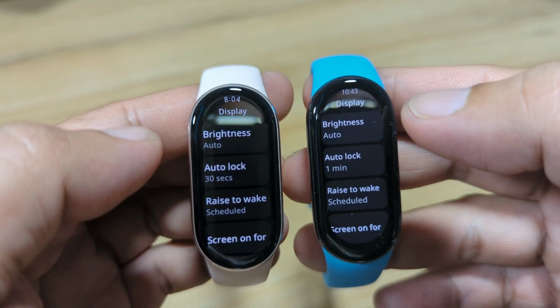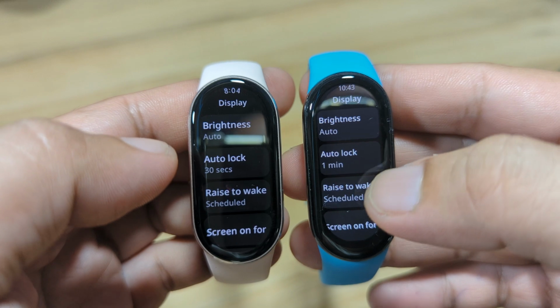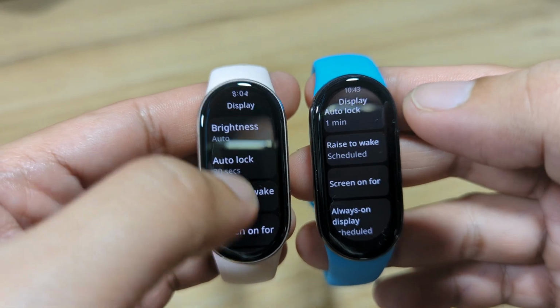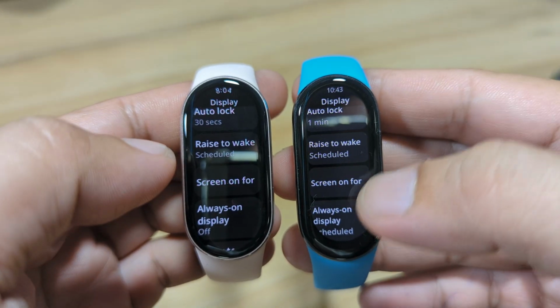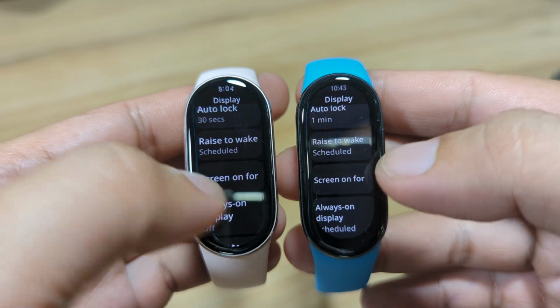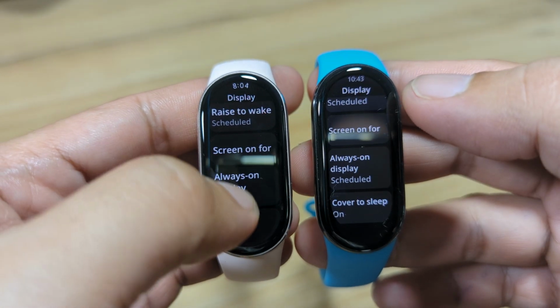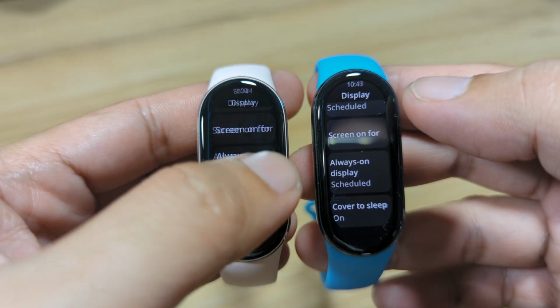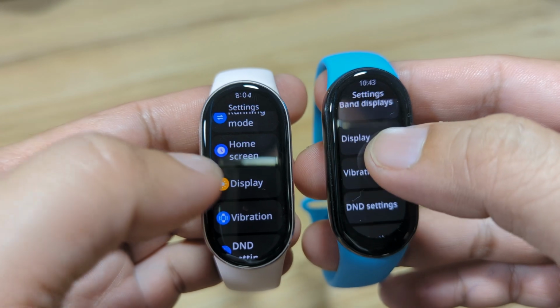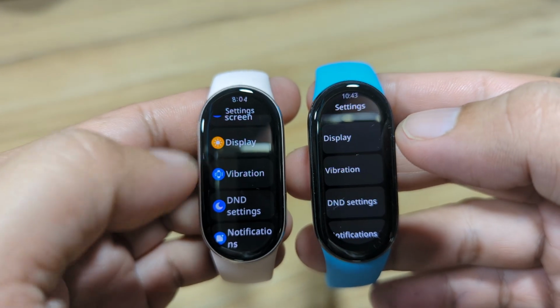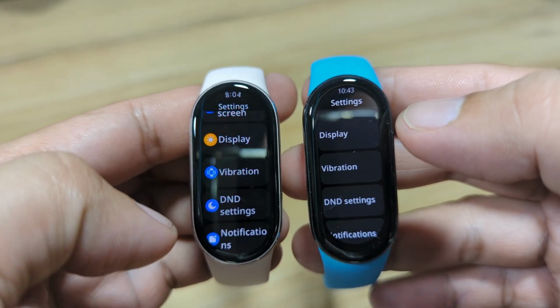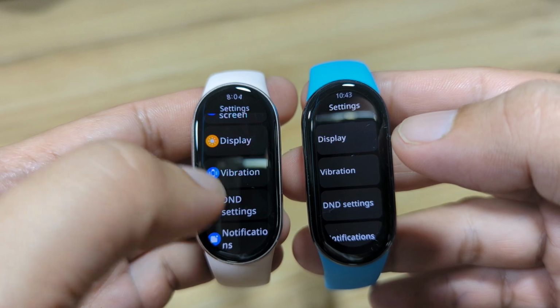We have the display, what are the features, auto lock, raise to wake, screen on, for always on display, cover to sleep. So the same features here. We have vibration, so much better settings now, as you can see.